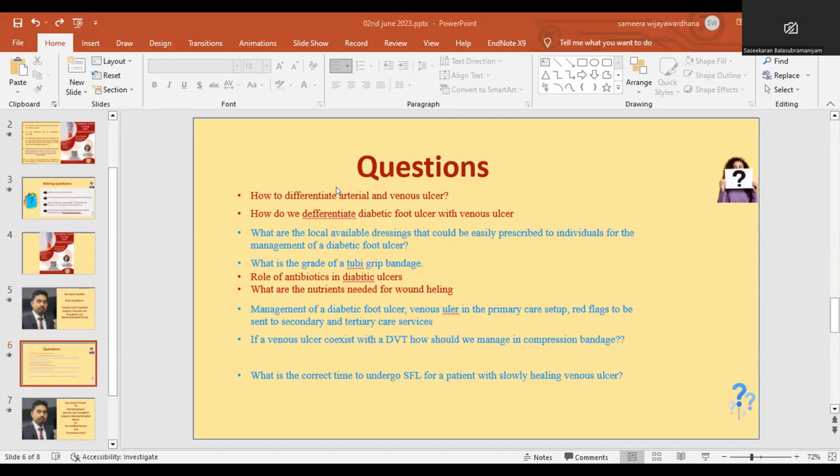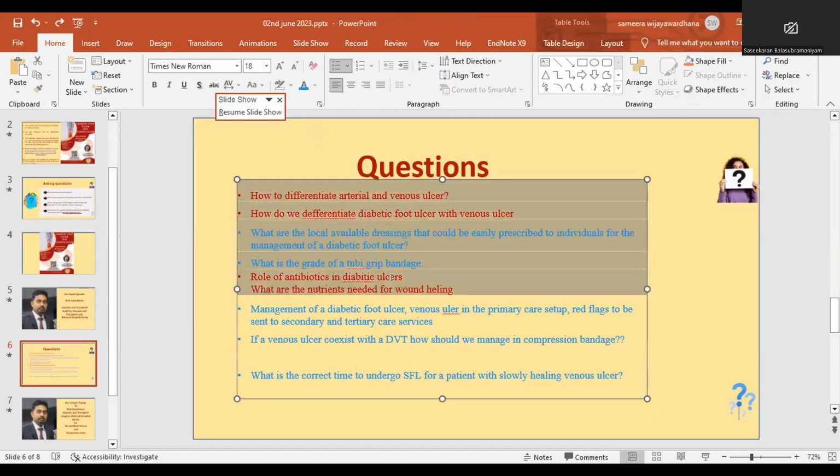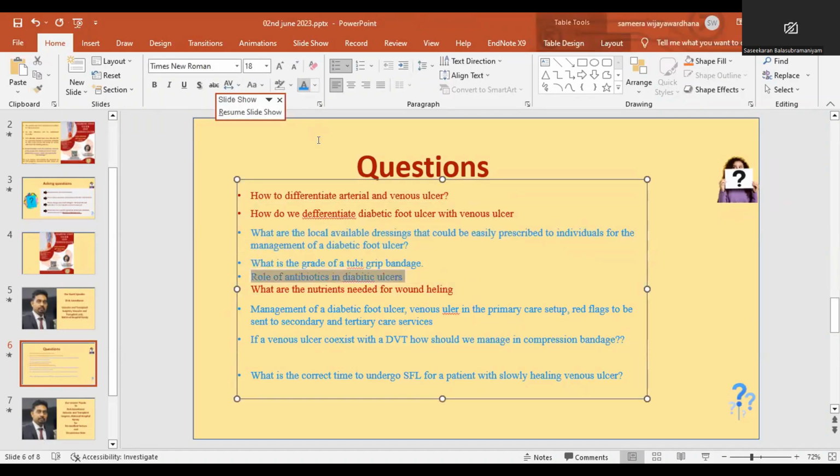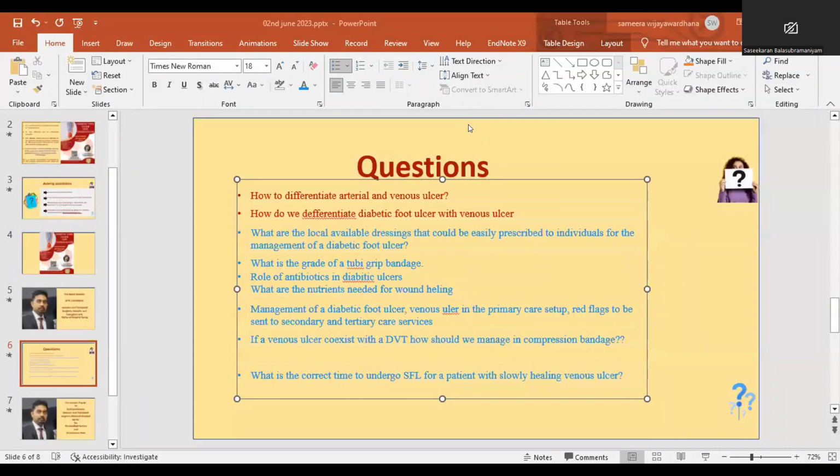If the patient is having a venous ulcer, yes, you can go for class 2. But if the patient has a post-thrombotic limb, sometimes you can go for class 1. Usually class 2 is the one you can manage easily. Class 1 you have to monitor. It's easy to manage and easily available, but it is for a venous ulcer with a non-ischemic wound. So the patient should have proper arterial supply.